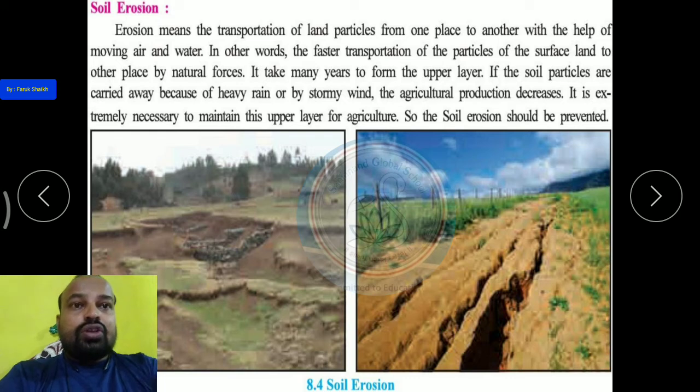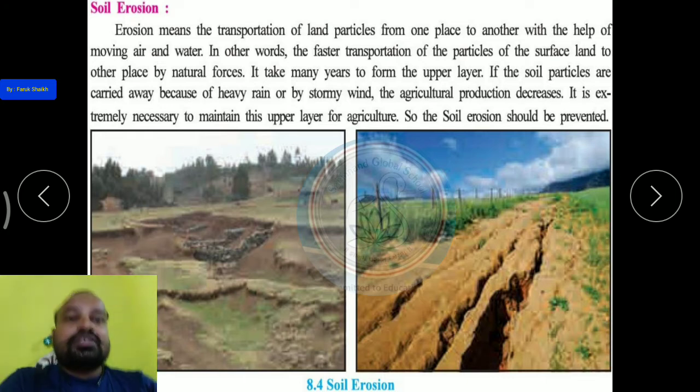Okay, soil erosion means the transportation of land particles from one place to another with the help of moving air and water. Erosion means the transportation of land particles, that is, the particles of the land that move from one place to another with the help of moving air and water. So with the help of air, desert soil is eroded, and with the help of water, the soil present near the river banks